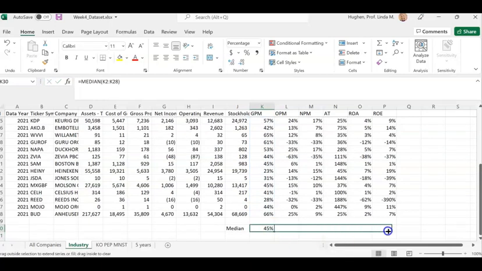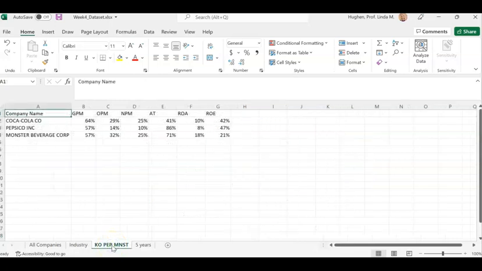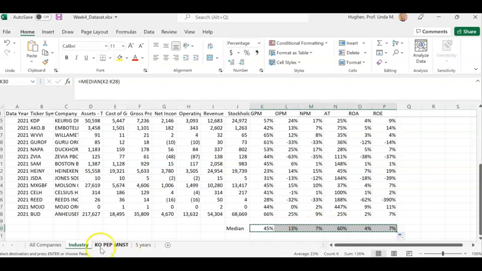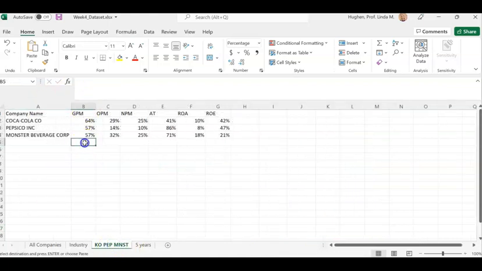Drag this over. And then on the next tab, we have our 3 companies that we're interested in, Coca-Cola, Pepsi, and Monster Beverage. Here's the data that we had from our PowerPoint slides, just put into a different format. Let's copy over the industry median amounts. I'm going to copy these, and I need to paste the values under gross profit margin, operating profit margin, and so forth. And I'm going to label this industry